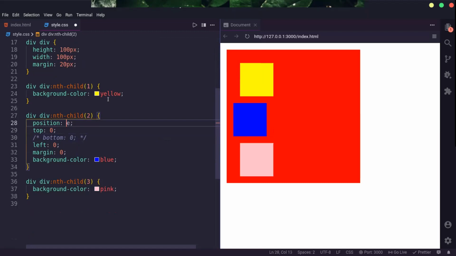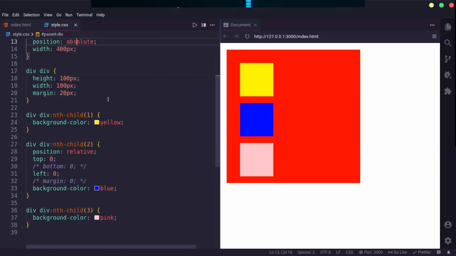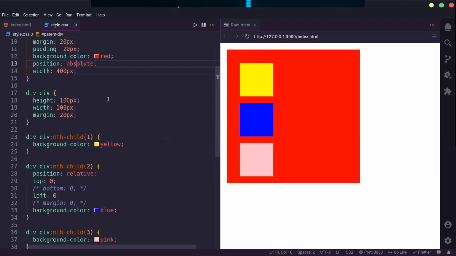Then the other position we have is position relative. Static is just the default one. If I do it like static, you will see no change because by default it's static.